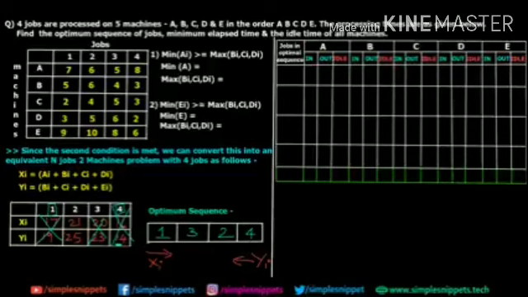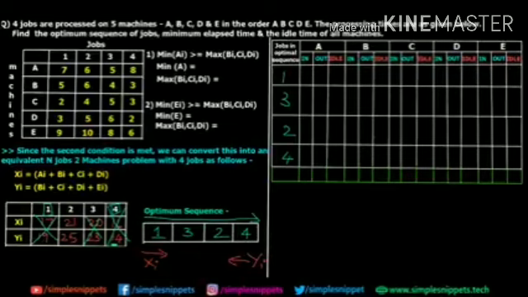So let's do that. As you can see on the screen, I have this huge table wherein the first column is the jobs in the optimum sequence, which are 1, 3, 2 and 4. So this is the order starting from left to right. That's what I've written over here. Then we have our 5 machines, A, B, C, D and E. We have to individually calculate the in and out time for all the machines because all these jobs have to be processed on each of these machines in this order, starting from A, then B, then C, then D and then E. That's what is given in our question also, right?